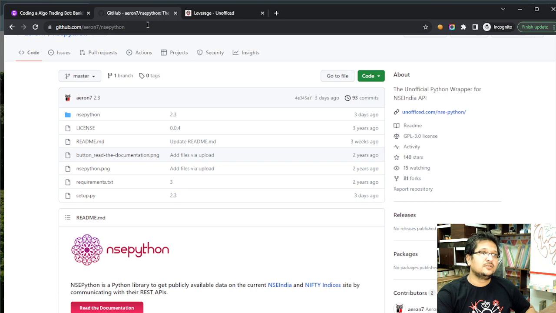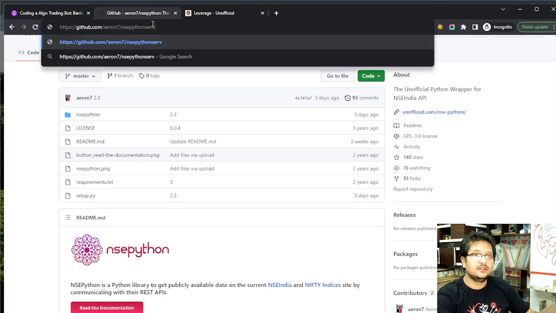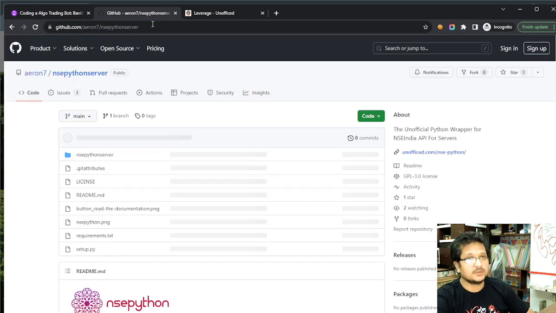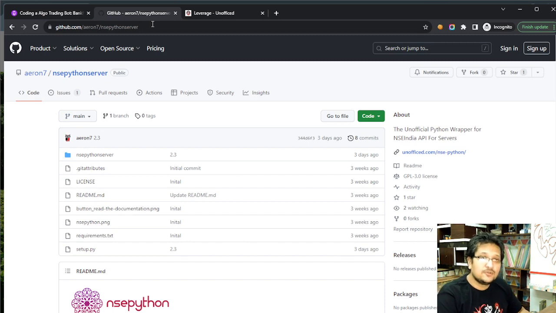So I made another library with the same name called NSEPython server. For those who do not have a laptop at all, you can just try this entire code directly from Google Colab. So that's what I will show you. Without any further talking, let's jump into the next part and revisit the entire course once more. But this time we shall be coding the entire thing not in the local environment but in the Google Colab,